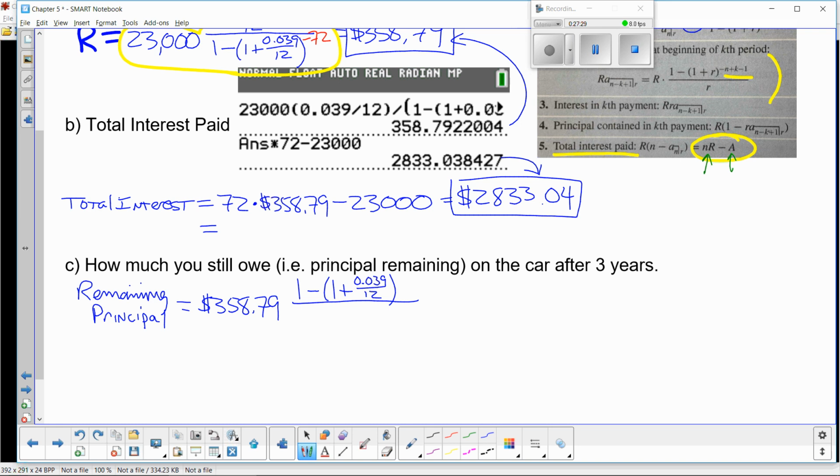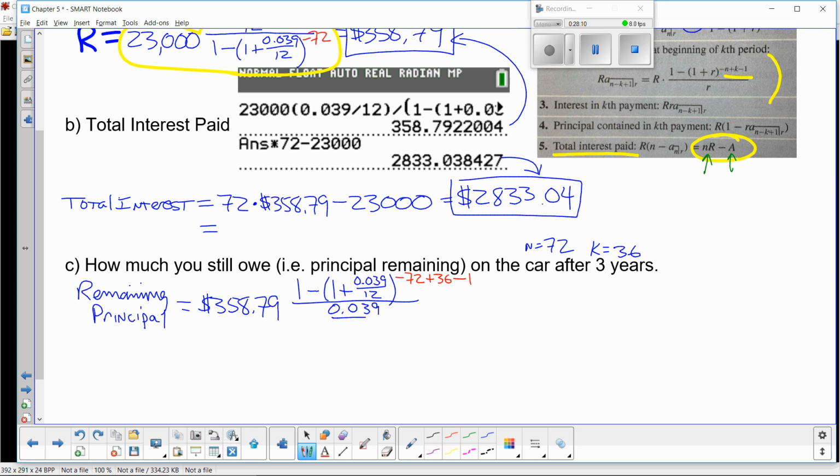Right? Now K is at the beginning of your kth period. So after 3 years, this is 36. We already know that N is 72. So we're going to raise that to the minus N plus K minus 1. So that's the minus 72 plus 36 minus 1 power. Now I'm going to divide that whole thing by my R, which is